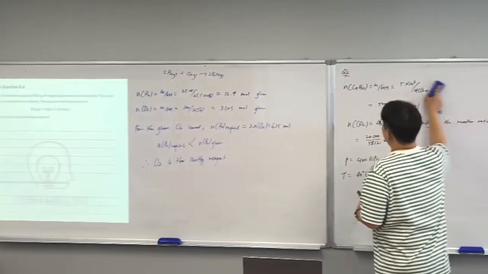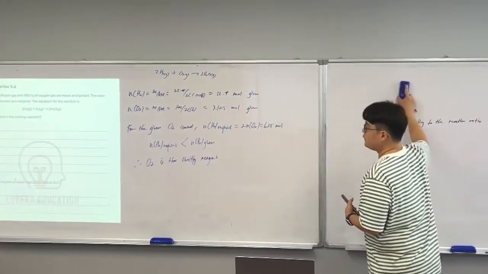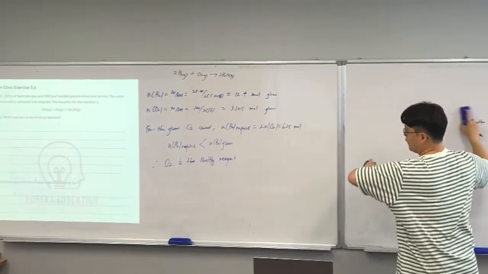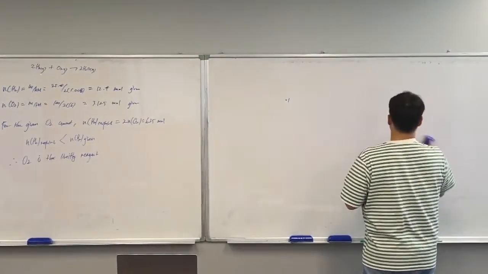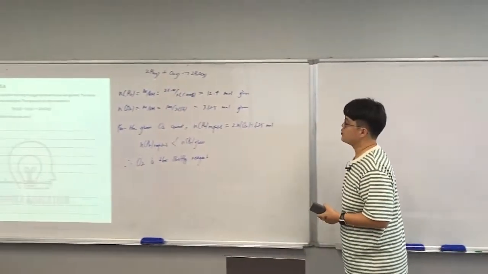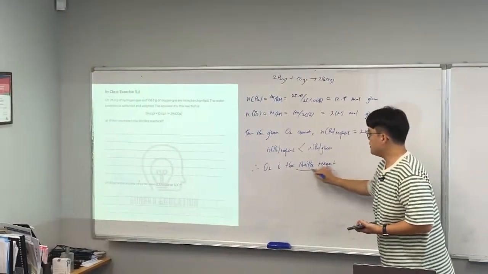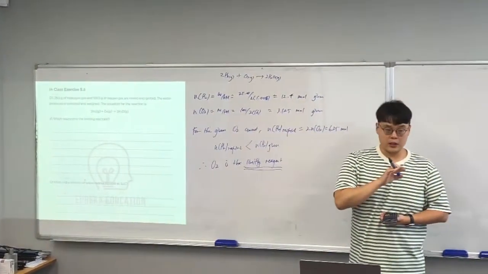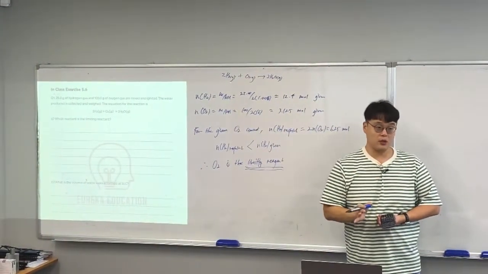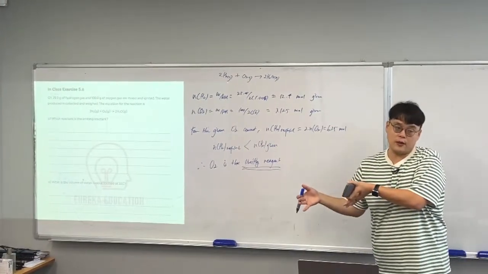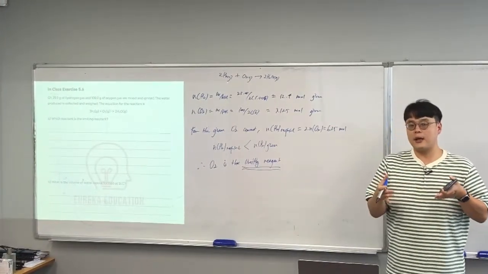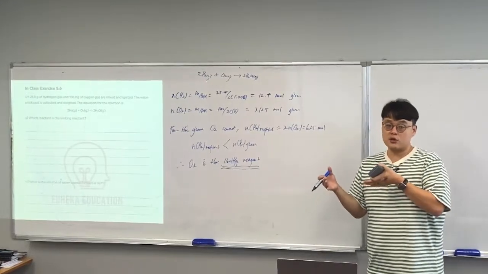That's for question A. B: what is the volume of the water vapor at SLC then? What we know about the limiting reagent is that it will get all consumed. We use all the oxygen gas, and we have some hydrogen gas left over. We're not interested in hydrogen gas this time. We're only interested in oxygen because